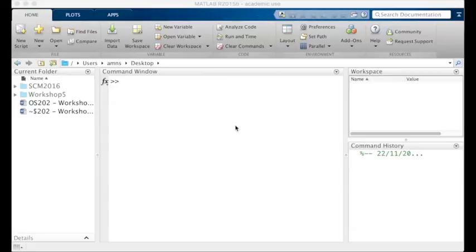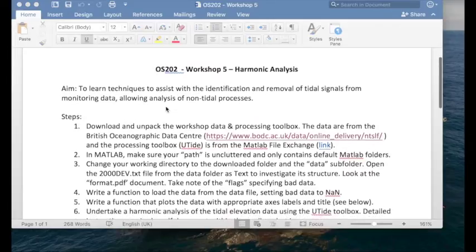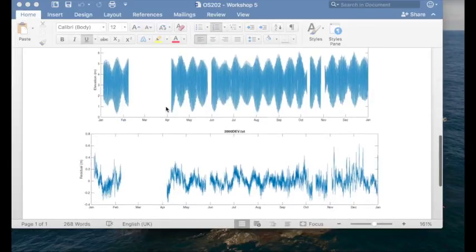So this is a video talkthrough of Workshop 5 for OS202. We're going to be following through the steps given in the associated document and ending up by importing some tidal height data for 1 year. Then we're going to be calculating the tidal constituents for this year of data, and then predicting what the tides